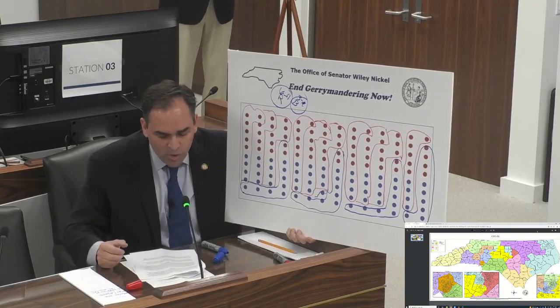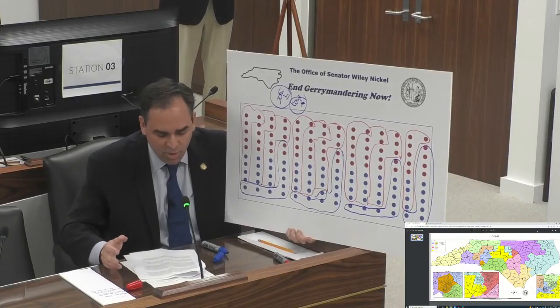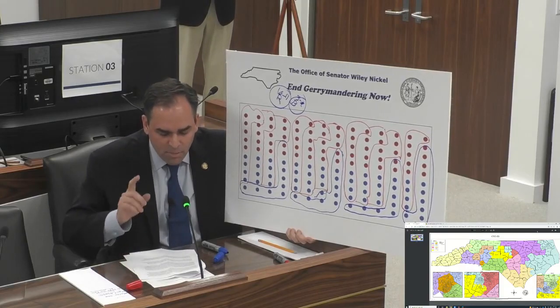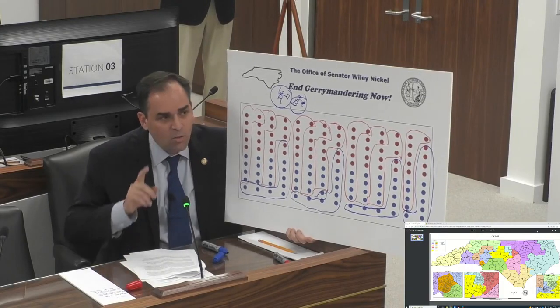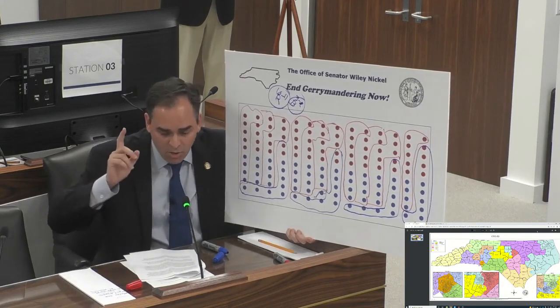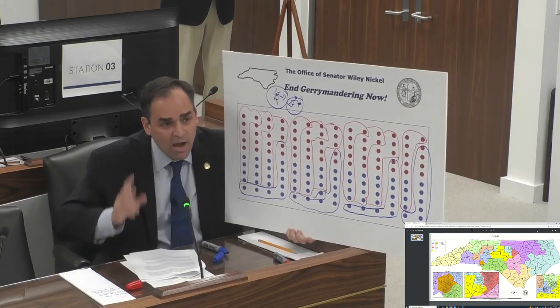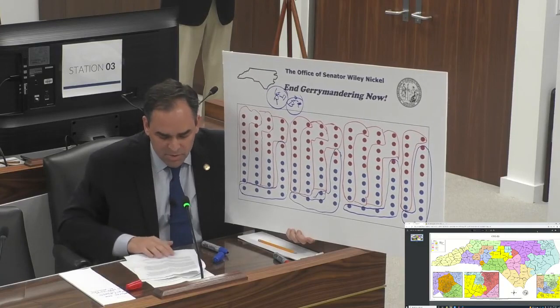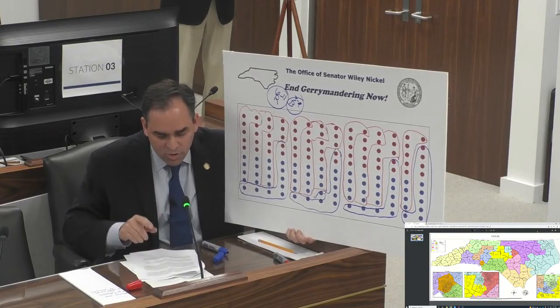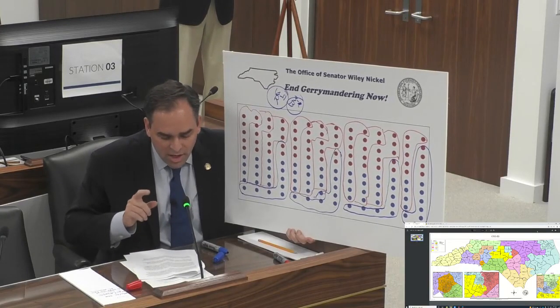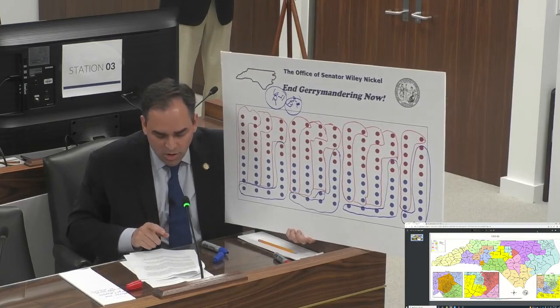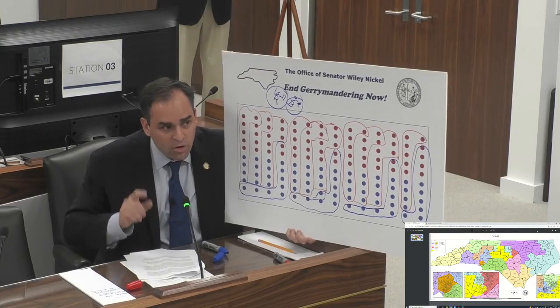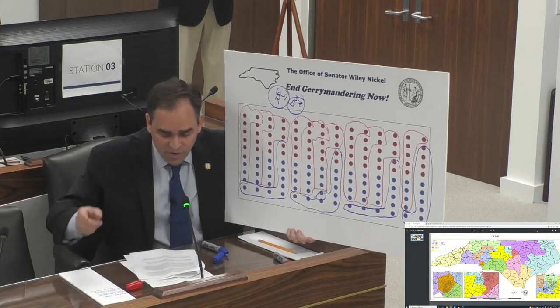You know, we could do 50-50 districts in every part of the state. And I think the most important question is very simple. With this whole process, in this committee and on the floor of the Senate, how greedy are you going to be with these maps? If you pass an 11 to 3 or a 10 to 4 map, I think you can guarantee action by the state Supreme Court on state constitutional grounds. We have heard what they said the last go around, and we fixed our maps.